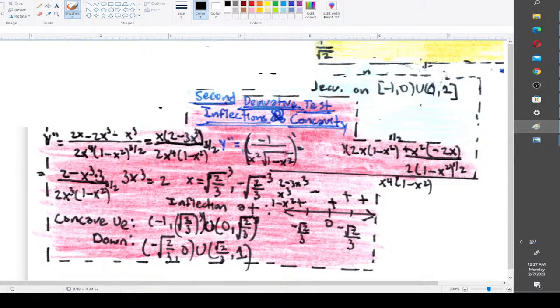So I'm going to skip most of the algebra because you should know how to do the algebra if you're in this class. So inflections, when you solve it, we want to know where it's 0. Where it's 0 is where the inflections are at. So 0, because you have x squared. 1 minus x squared, because if you put 1 or -1 inside there, you get 1, and then that gives you 0. So we know we have them at,